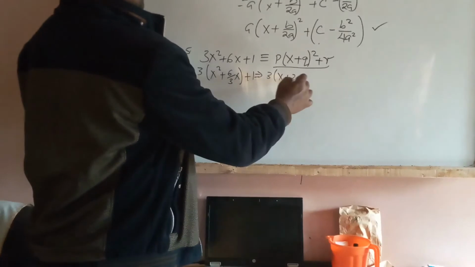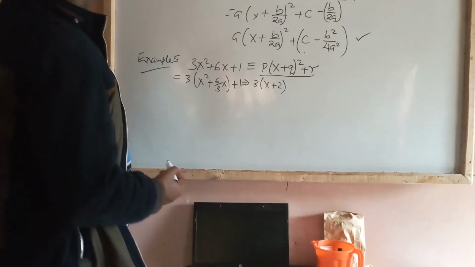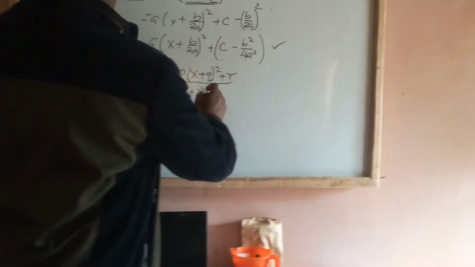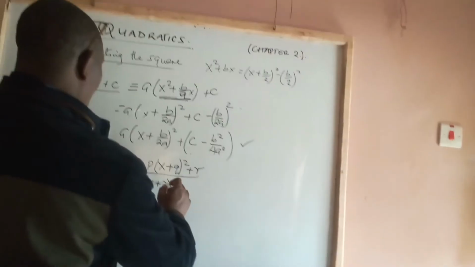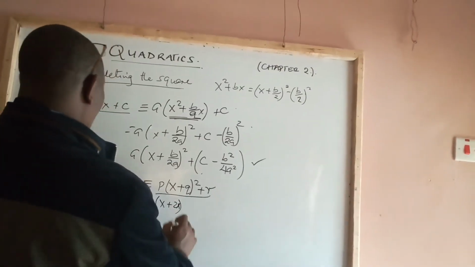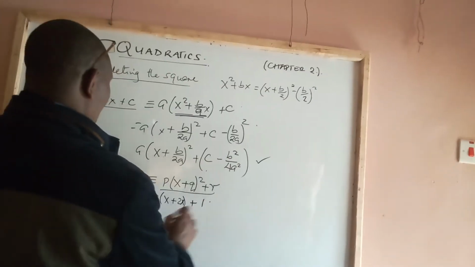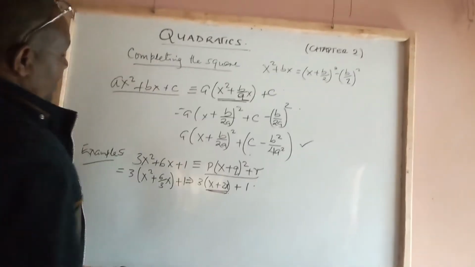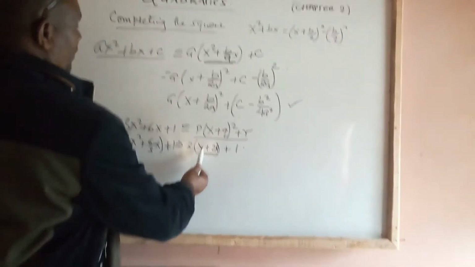3, open bracket, x squared plus 2x plus 1. Now we can easily factor out, or rather complete the square of the bracketed part,